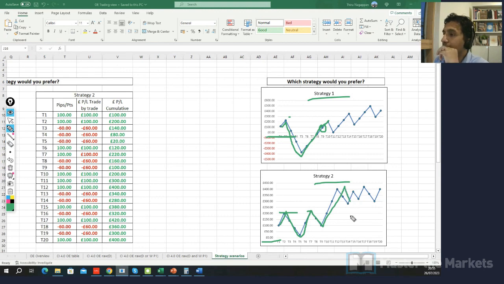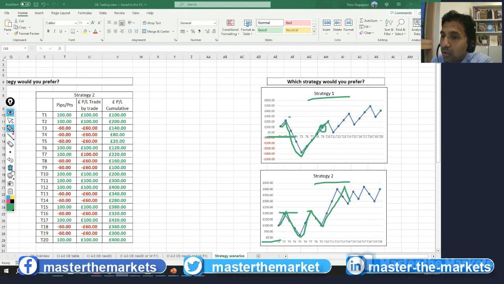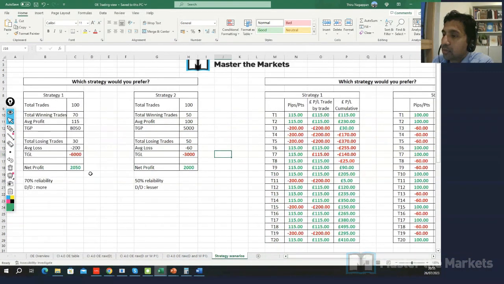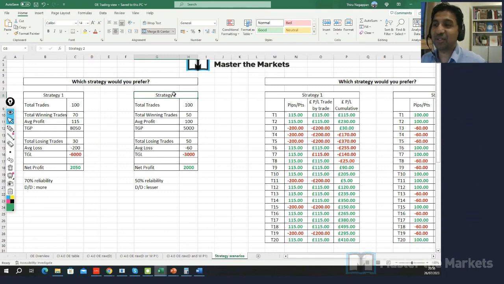Right? So understanding all of this, in essence it comes down to this: higher reliability but more drawdown and taking more time to come back above your initial capital, or 50% reliability with lesser drawdown, taking less time to go above your initial capital, or not even going below your initial capital. What strategy would you prefer? In fact, in one of our workshops, we asked this question on Traders Basecamp